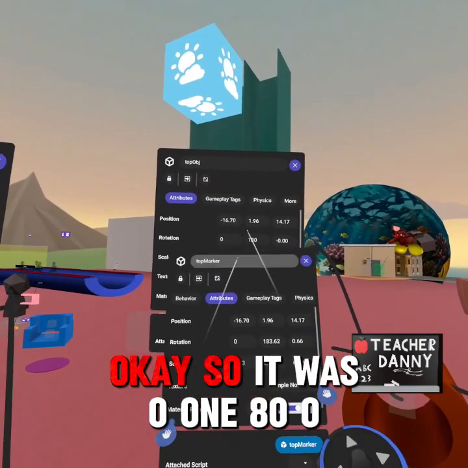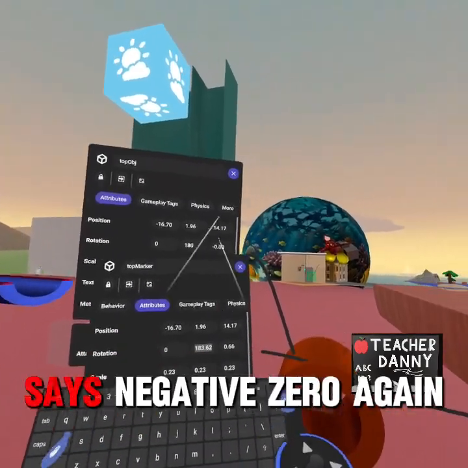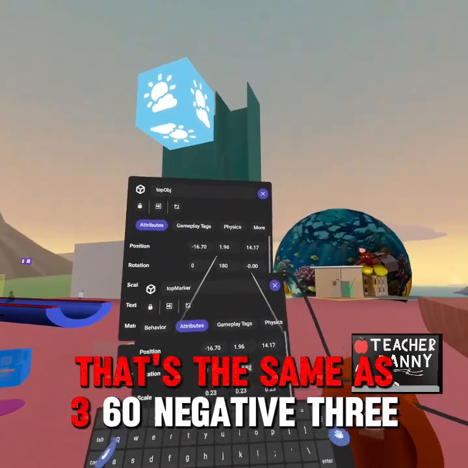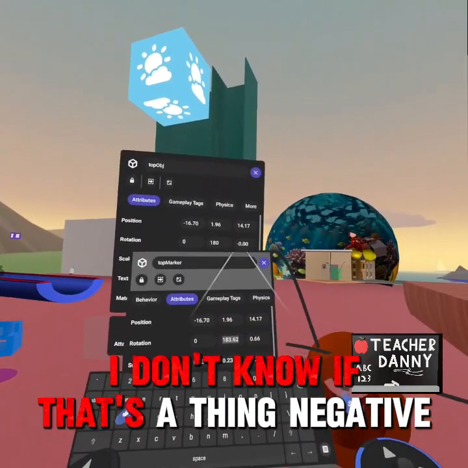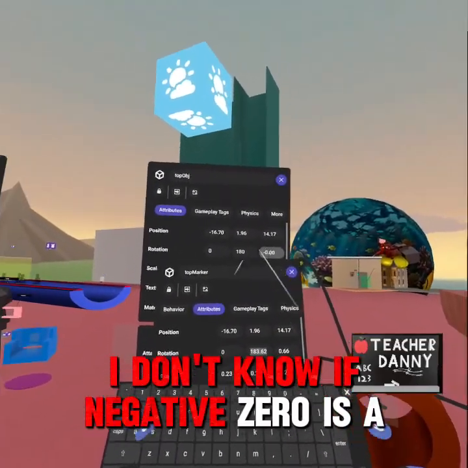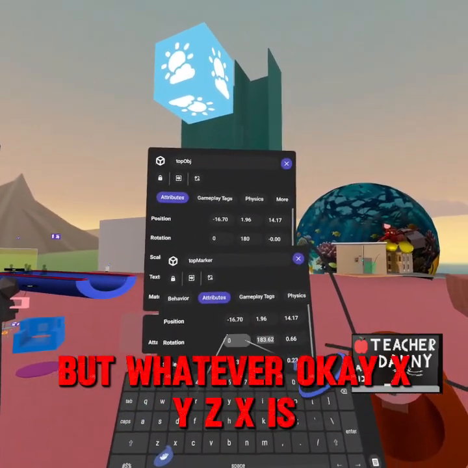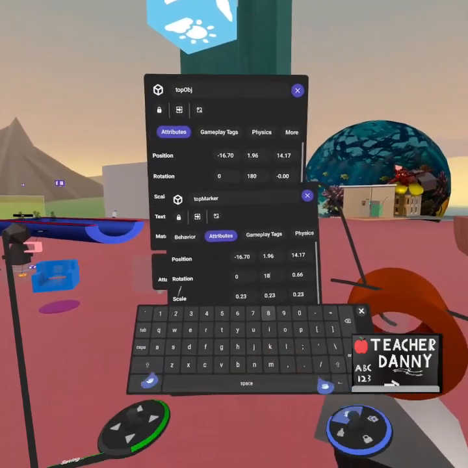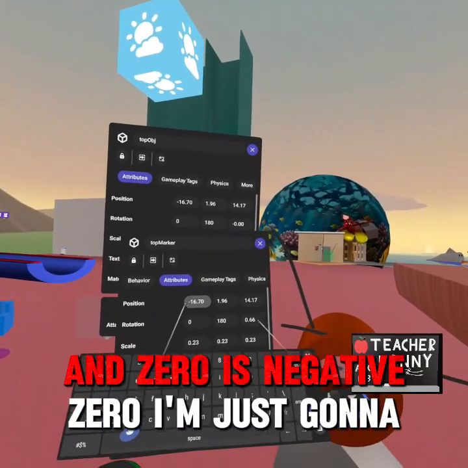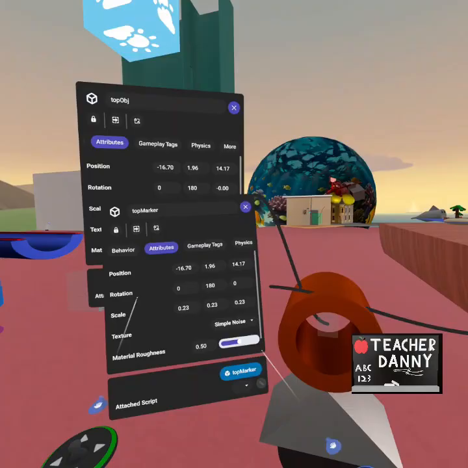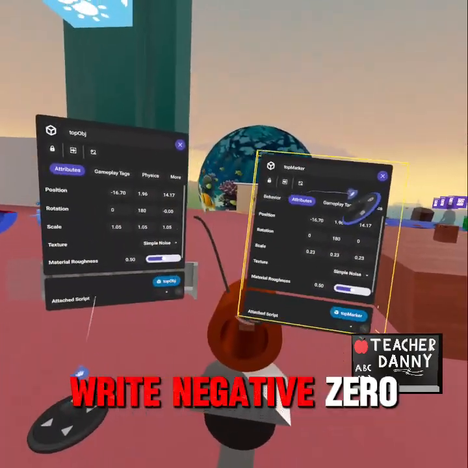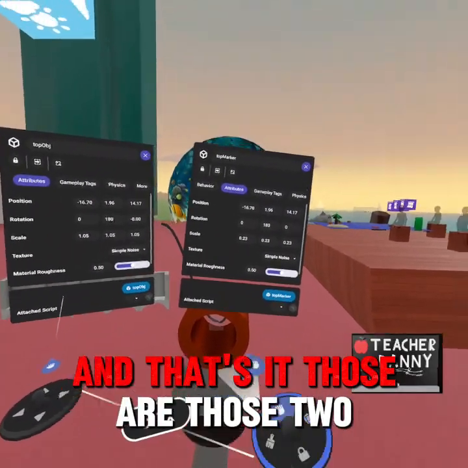Okay, so it was 0, 180, 0. It says negative 0. Again, that's the same as 360, negative 360. I don't know if negative 0 is a thing, but whatever. Okay, X, Y, Z. X is 0. Y is 180. And 0 is negative 0. I'm just going to put 0. I don't have it in my heart to write negative 0. And that's it. Those are those 2